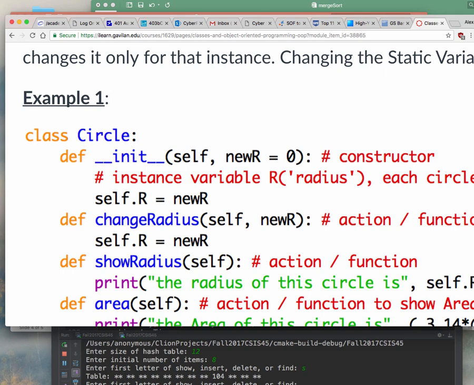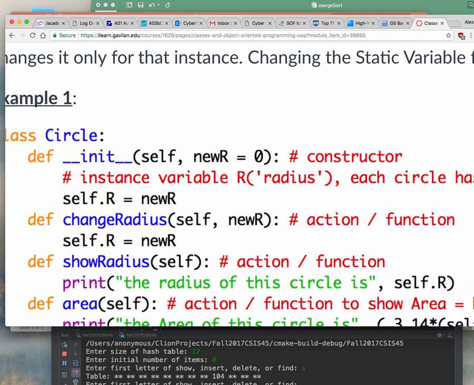Okay, the default value for the radius is this new r, and it's going to be equal to 0. So if I make a new circle and I don't provide a specific value for it, then the circle is going to have a radius of 0. It might not make sense, so you might want to change this value to something else. It doesn't have to be 0. You can use whatever value you want. Okay. But if the user decides to provide a value for the radius, then the radius is going to be equal to that new value for the radius, not always 0.